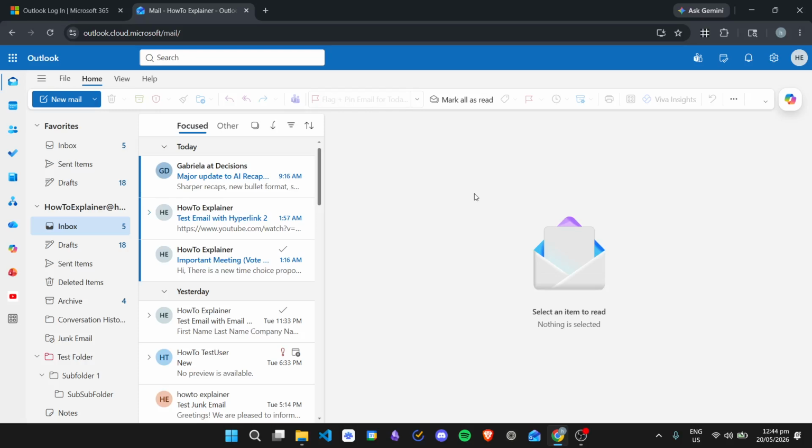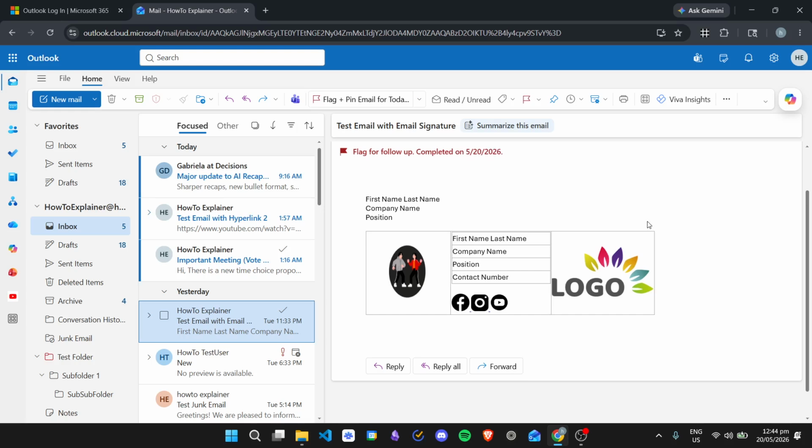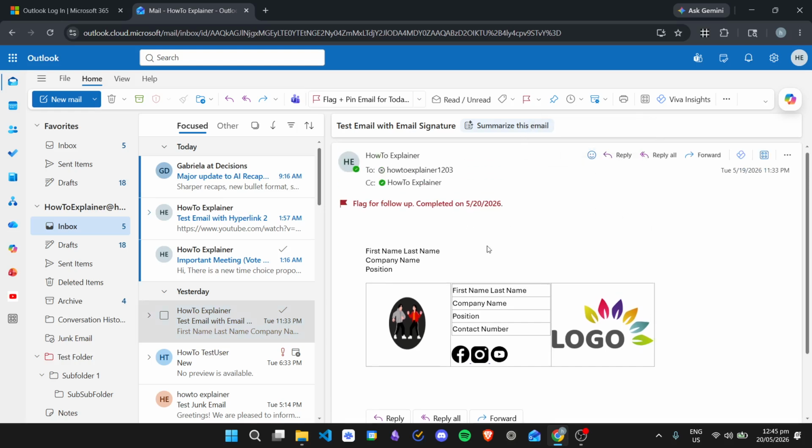How to fix the Outlook email view being too large or too small. So here I am in my Outlook account. I am using the new version, or the web version, of Outlook. So for example, I open an email right here. And then if you want to change how the view looks, whether it is too large or too small for